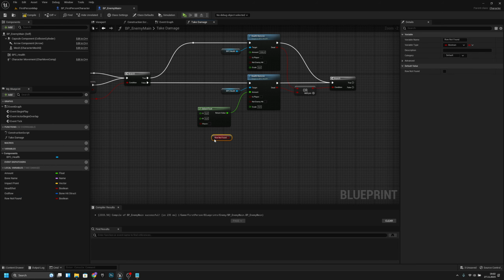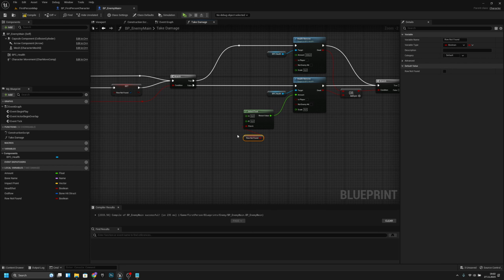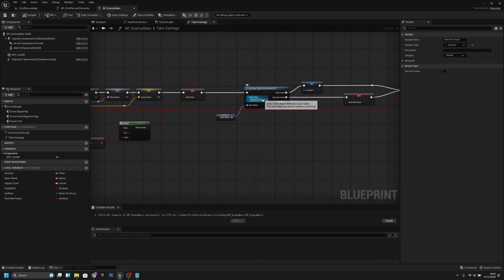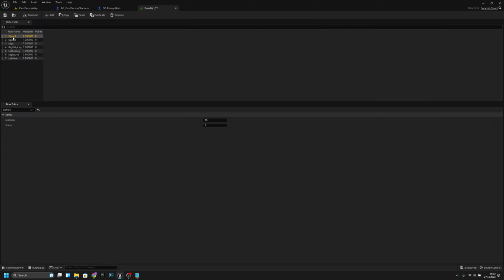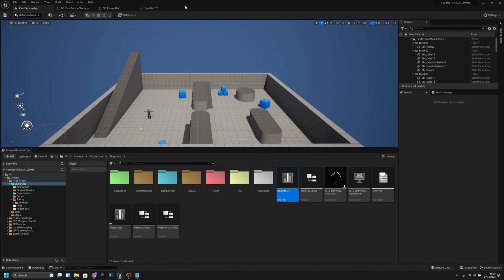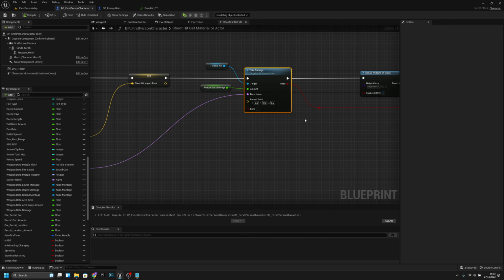Because, I will show you, if we don't find the row, this is the database that we created, this bone hit data table, and we added all the bone names and the multipliers. If we hit the head, so the spine 2, the damage is multiplied by 2.5. If we hit the spine 1 or hips, it's 1.2 and so on. But if we don't hit any of those bones, so we hit like hand or leg or feet or something like that, then we want to